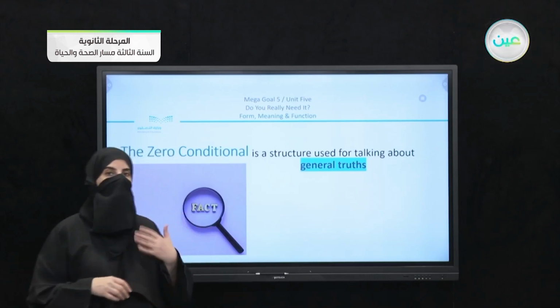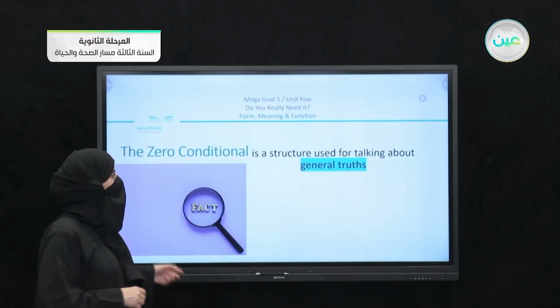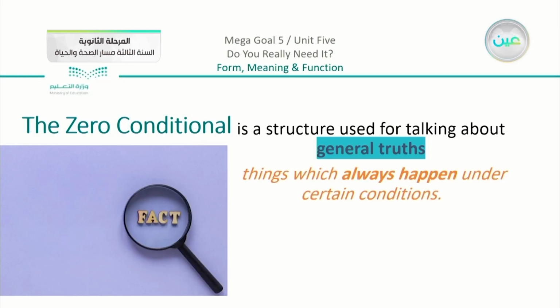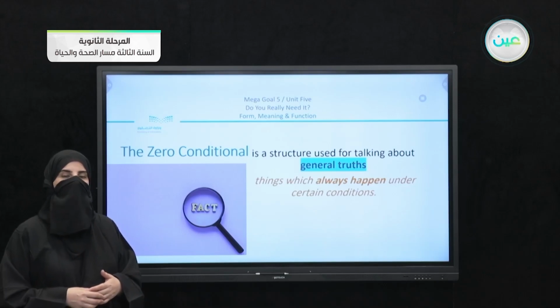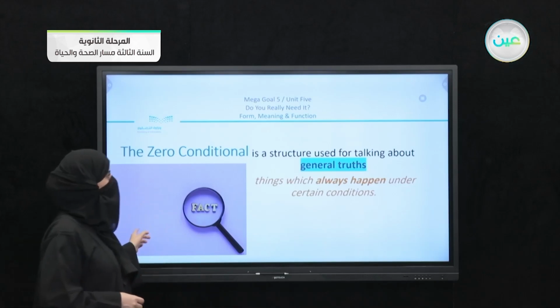Now this is something that we can just put in mind here. We are talking about general truths or facts in general, things which always happen under certain conditions. So when you say the sun rises, the moon appears at night, these are general truths, these are facts. As we deal with these general truths, when I use them with if, there is zero possibility for anything else to happen. So when I use if with zero conditionals,